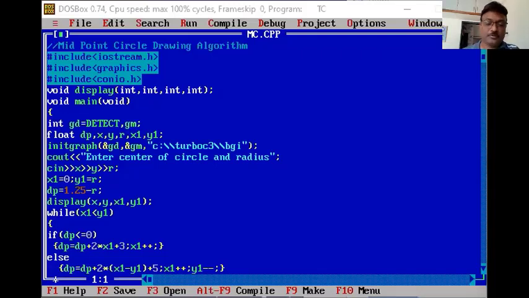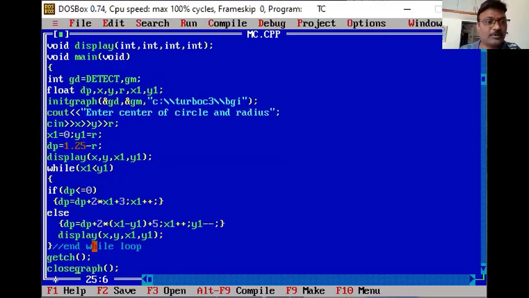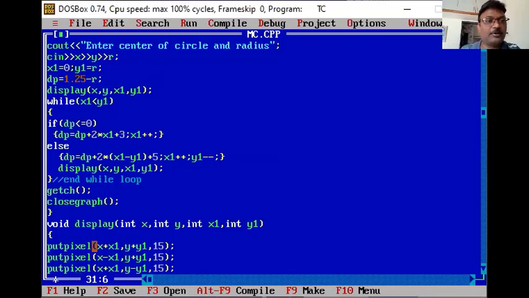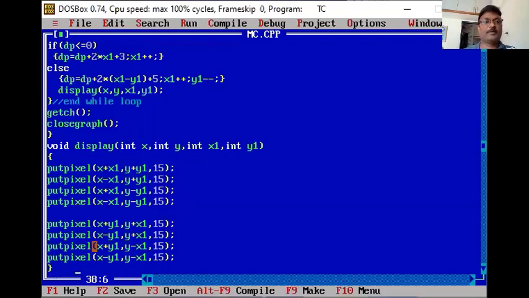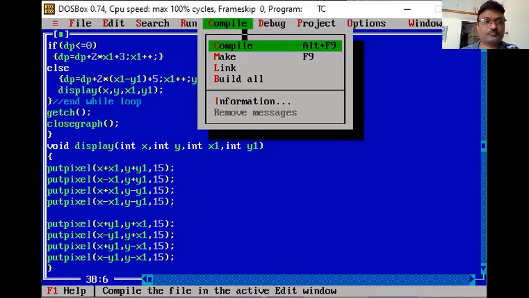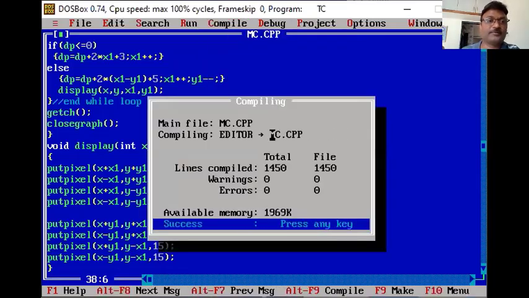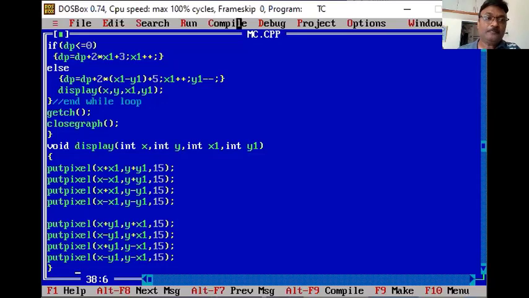Start. So we have just completed, let's check whether our program is correct or not, line by line. So that's x and y that you read, x1, y1, that you put y1 as r, correct. Go downward, so that's x1 less than y1, okay, and then dp you have calculated, x1 plus, correct. So I'm saving this program and compiling it again. Okay, so it shows zero errors, zero warnings. Then execute.